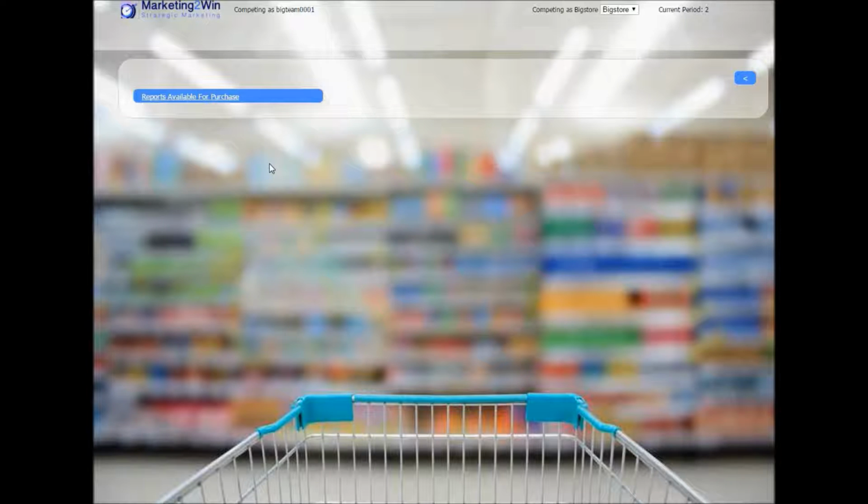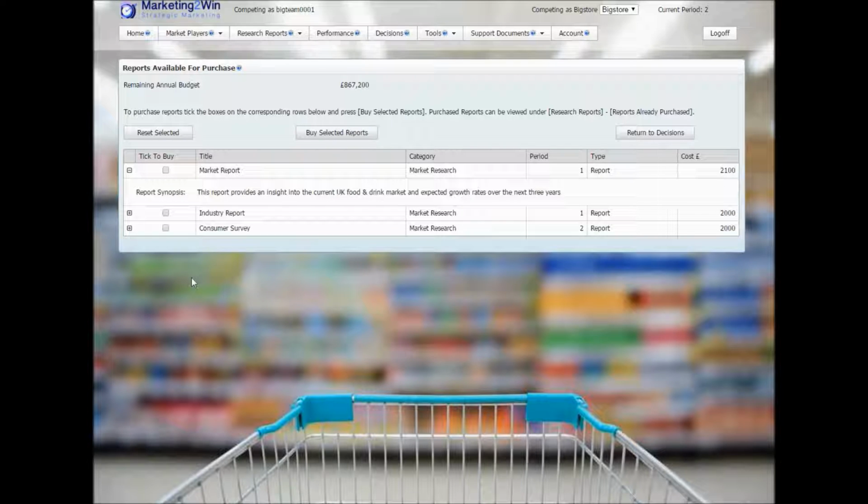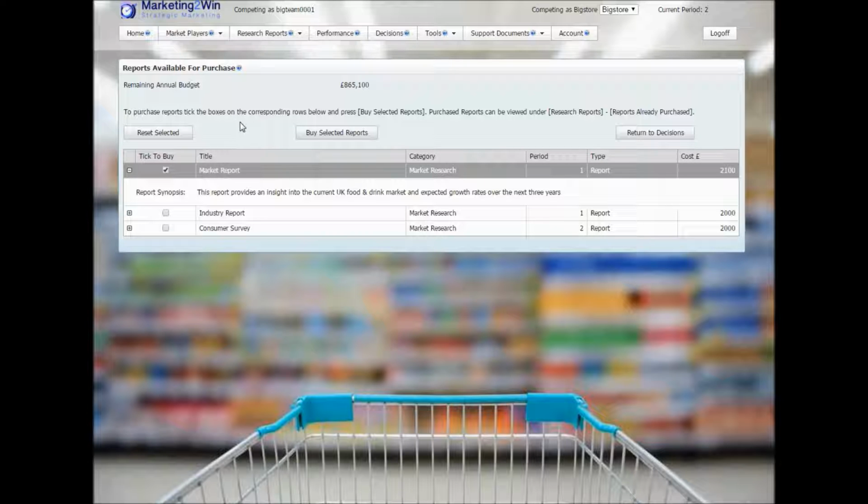We have 3 research reports set up in this game, and you can buy those research reports if you need to. If you want to buy any of those reports, you can first of all click on that plus button, and it gives you a synopsis of that report, so you can read the headlines of it before buying it if you choose to buy it. Then if you want to buy it, you just click yes, I'll have that, then click buy selected report,